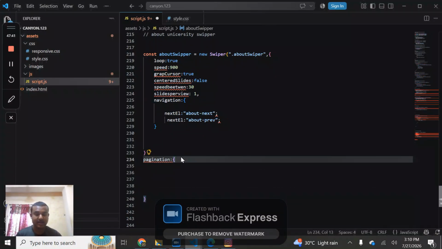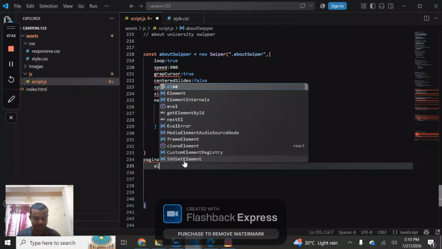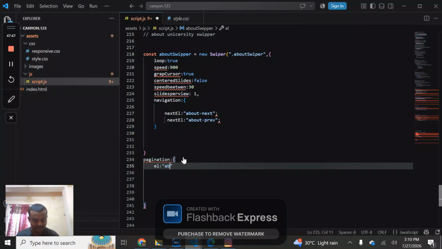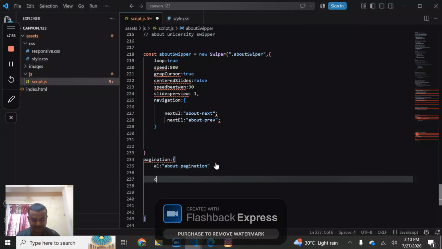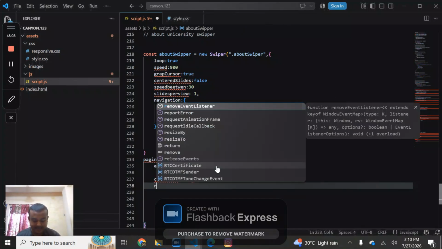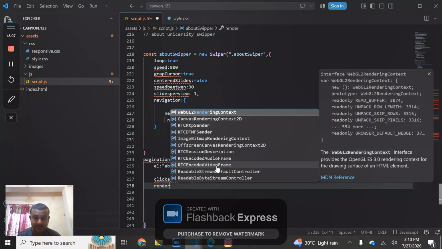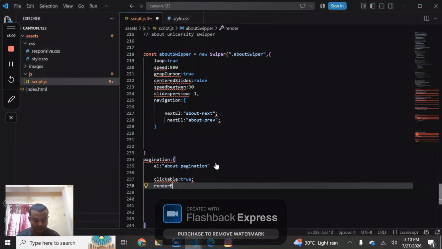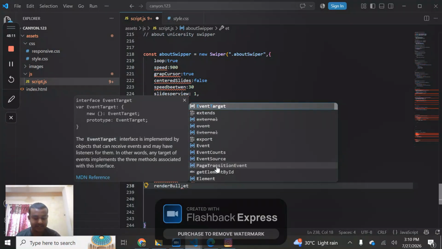And el is equal to el, which will be about pagination. About pagination, clickable will be true, and the render bullet functionality,